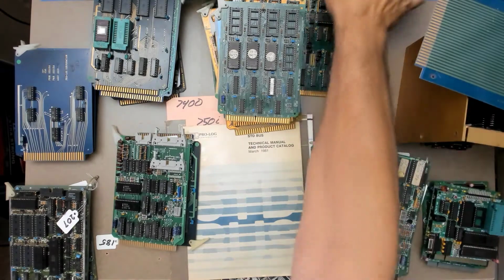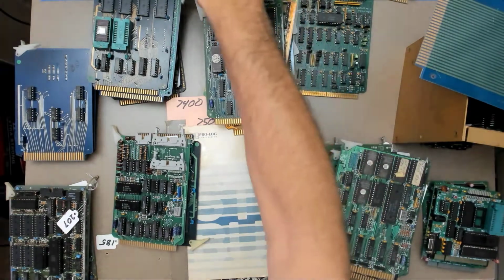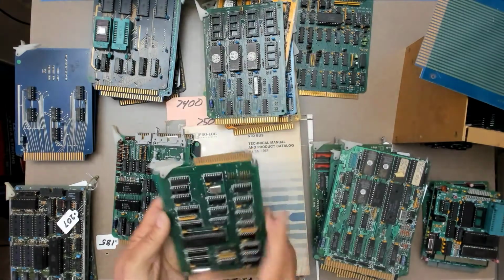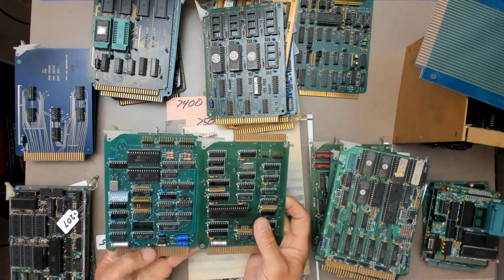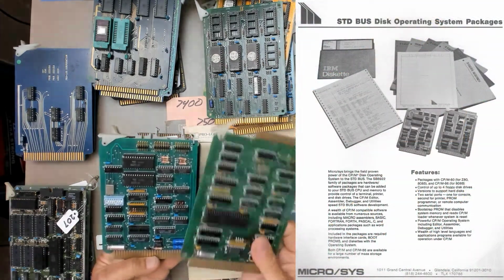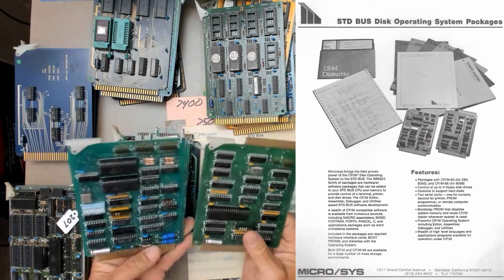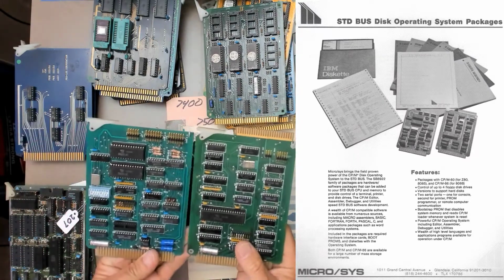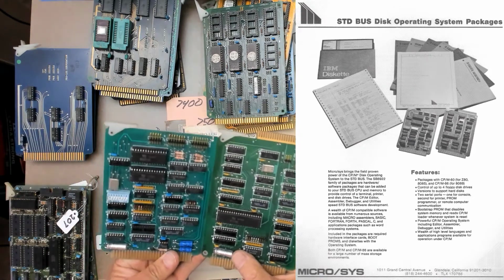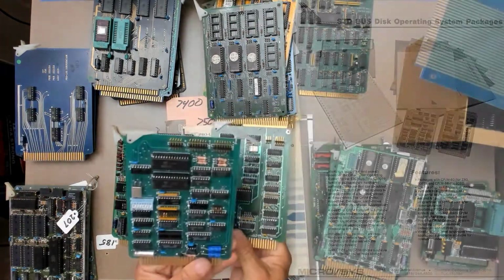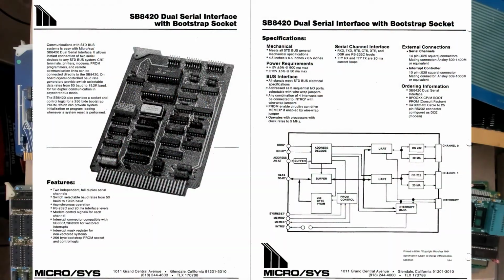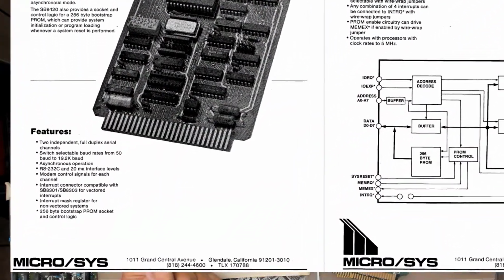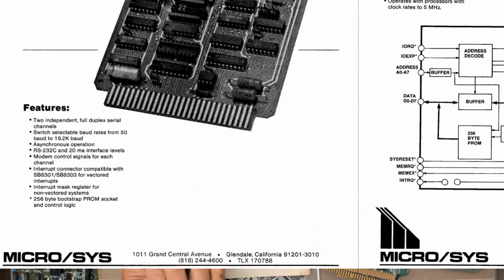Now, somewhere I set them down and I can't find them. Oh, here they are. This is the Microsys SB 8500 floppy disk controller and the SB 8040 dual UART serial board, which were part of their CP/M package that I mentioned earlier. And this UART board is interesting. The spec sheet says that this socket is for a 256 byte PROM that's used as a bootloader. So basically you configured this socket with a PROM that would then become address 0, or it would boot off of that and load the code required for the